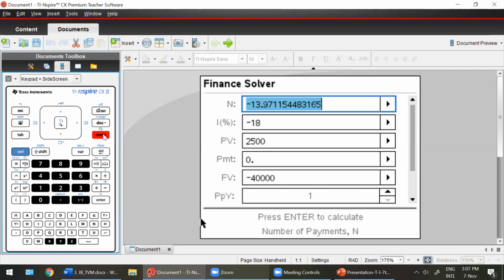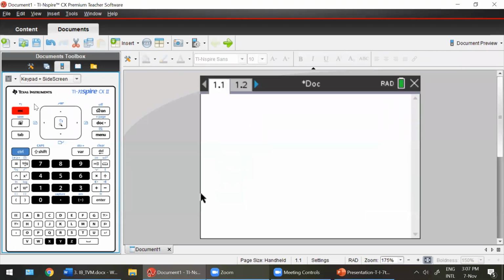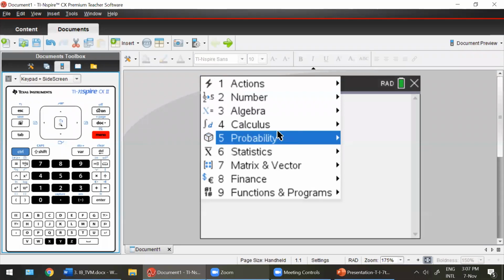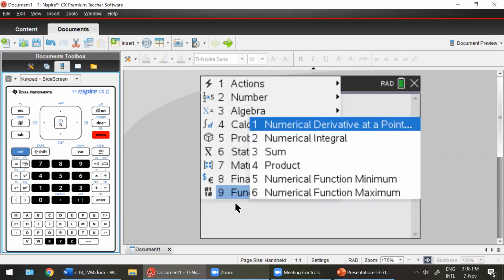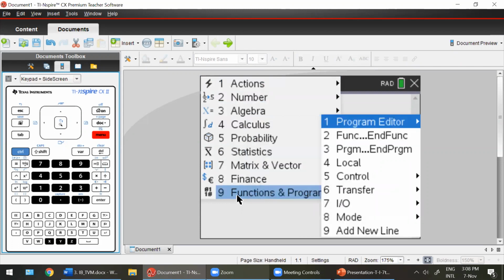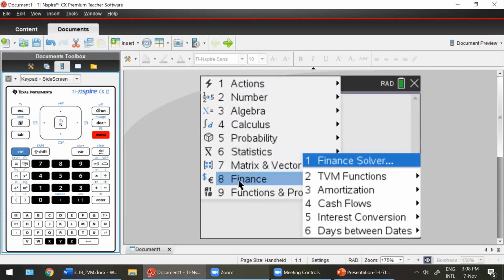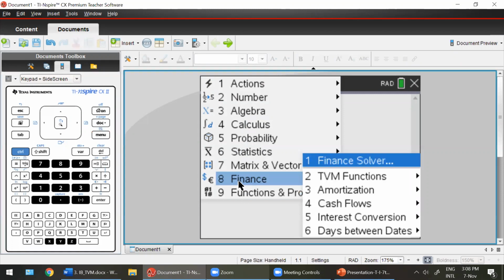Okay, I'll do that again. Once you've reached here and you want to move off this mode, just press escape. Okay, so I'll do it slowly now. Menu. Once you click menu, it's also sometimes referred to as the lighthouse. Then you go to finance in 8. All right. I hope you're moving in with me.